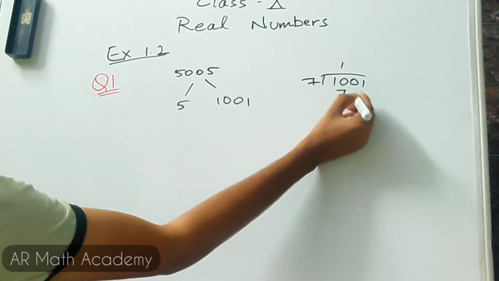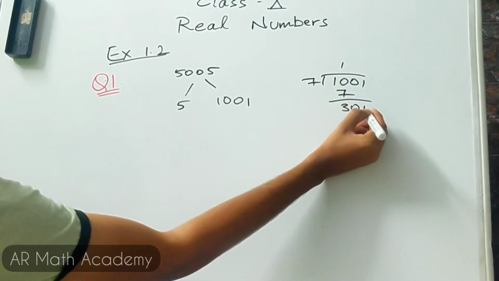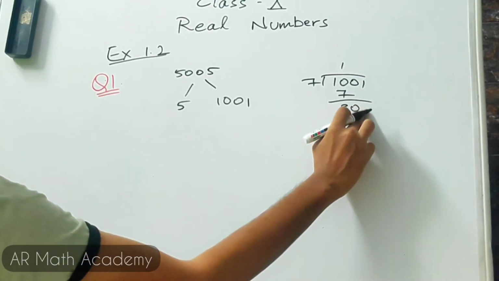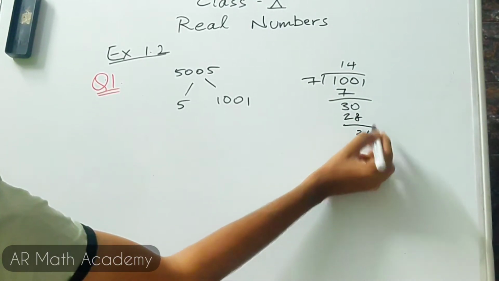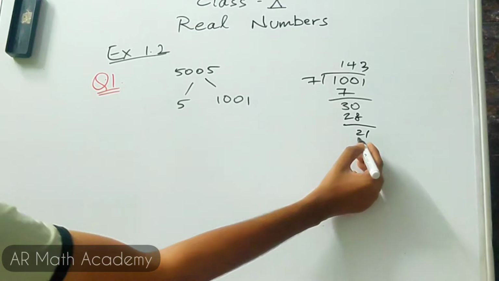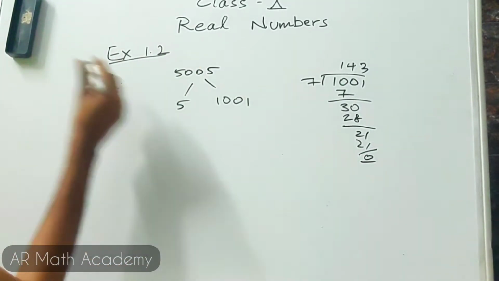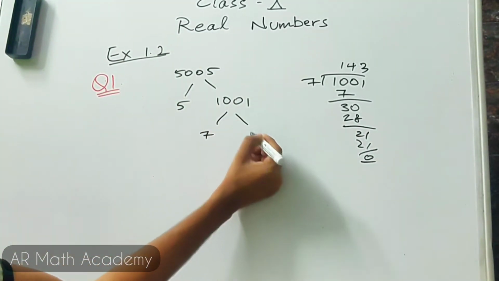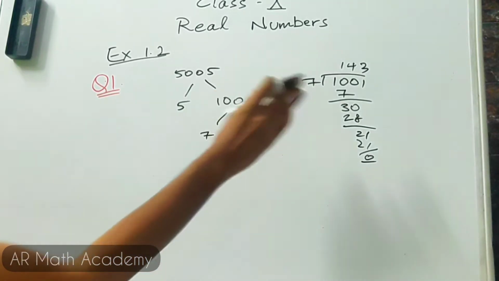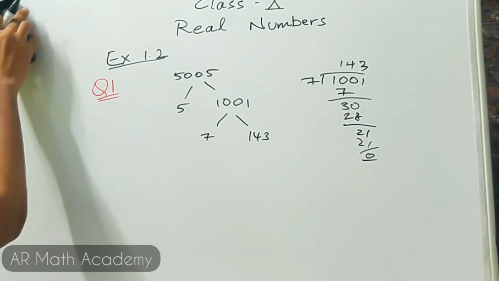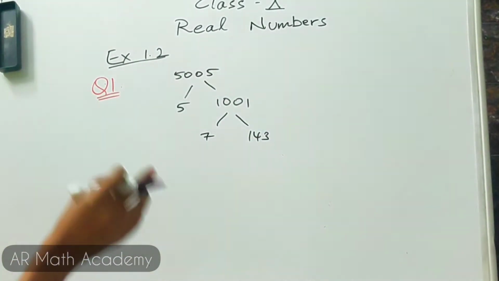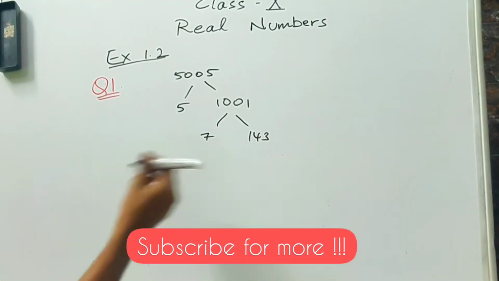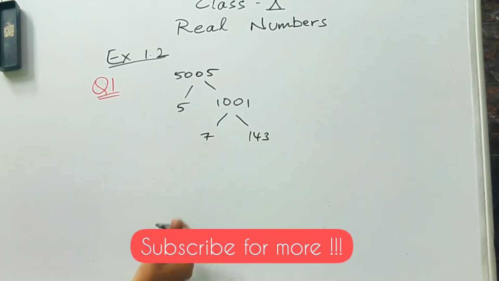So 7 ones are 7, then 30. I'm sorry, 7 fours are 28. Well, 7 threes are 21 and 0. It goes with 7. So 143 times, so 7 times 143. If it comes down to 7, then better divide the number with 7 and check it. There is a method to find if a number is divisible by 7 or not, but it is rather complicated, so I would advise directly dividing the number.